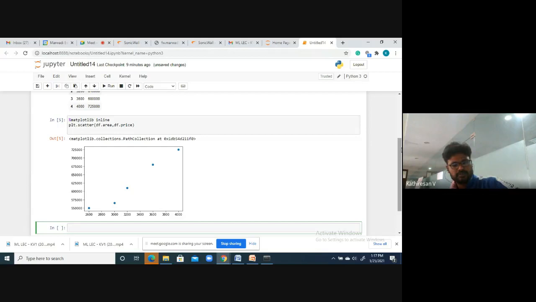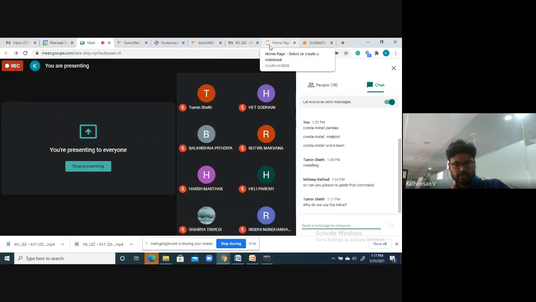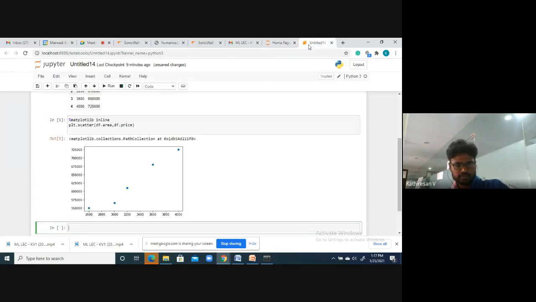Yes, can you see? Can you understand, or follow what I'm doing? Yes, students. Okay, so your doubt is on that, right? Why are we using inline? Actually, matplotlib inline, this is the word.